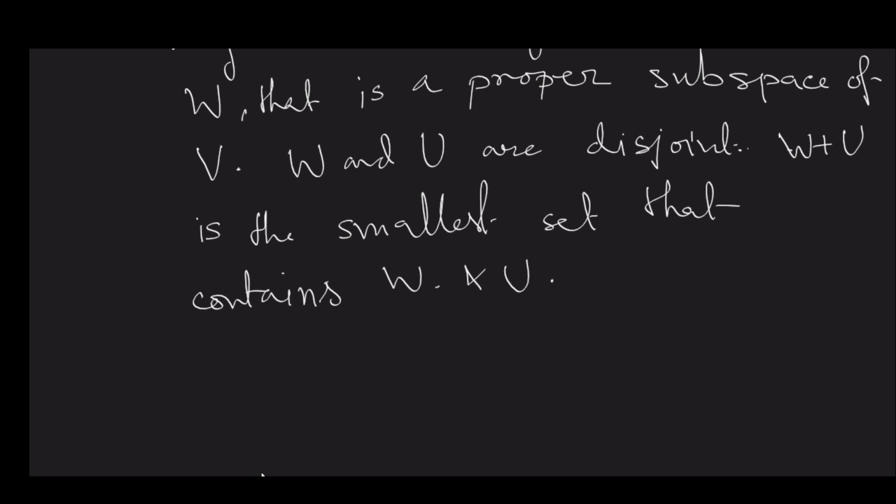Better to say that the intersection of W and U is trivial. Now it makes sense. Disjoint means there is no element in common. However, their intersection, if I say it is trivial, then it indicates that